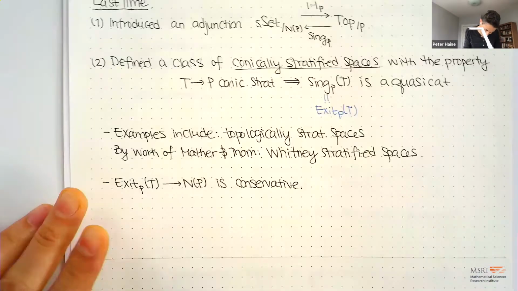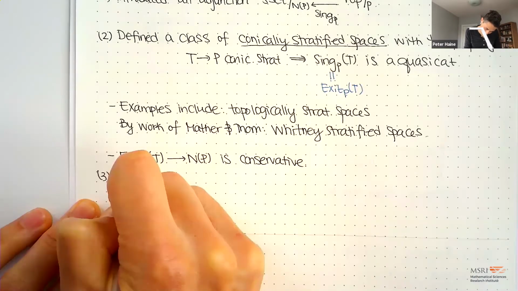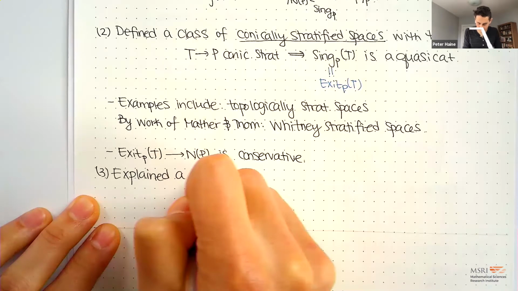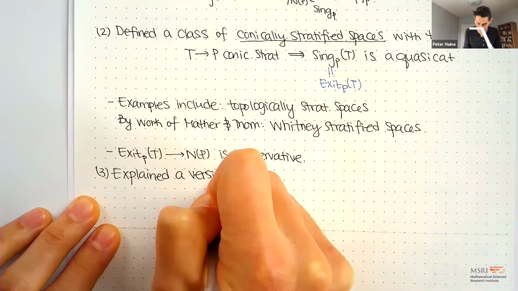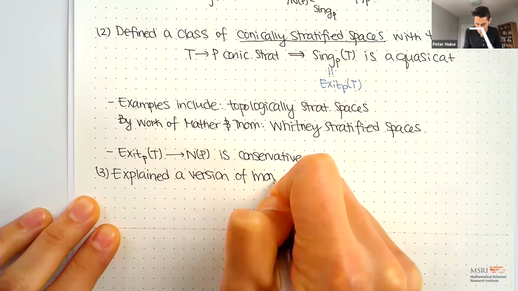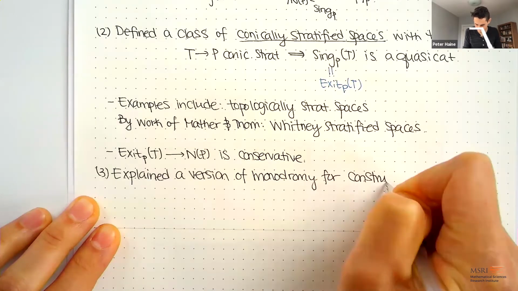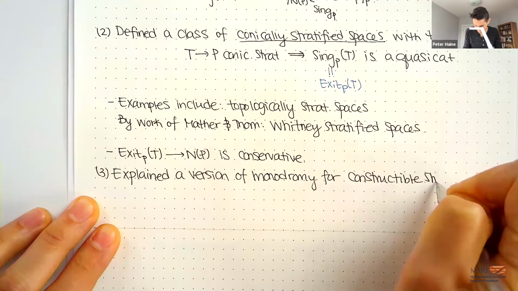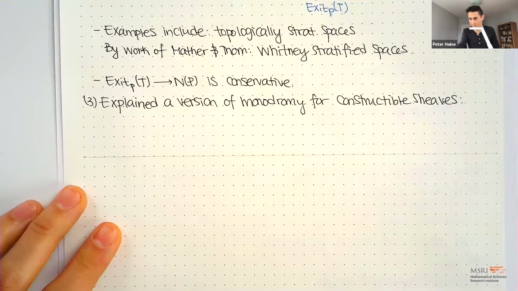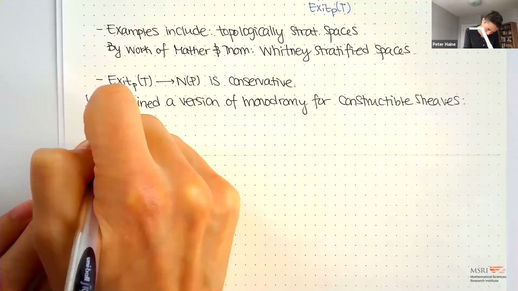And then the thing that I ended with was explaining a version of monodromy for constructible sheaves. And this is where I want to try to answer a few questions from last time as well. So it was this theorem, in this form due to Lurie,